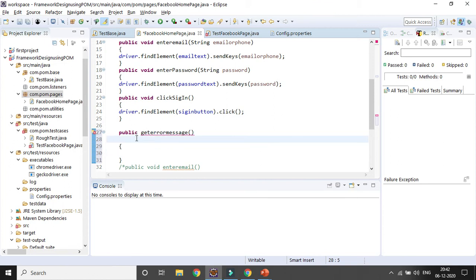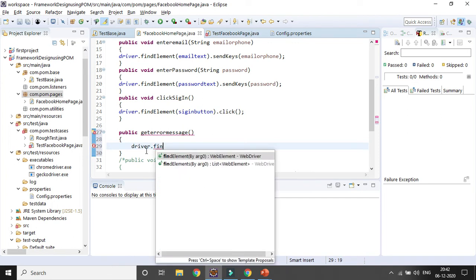That is the method name I am creating, public get error message, and here I want to return the error message details. So obviously the return type will be string. Or no need to give the return type yet, let's just see what the return type will be. So driver dot find element,